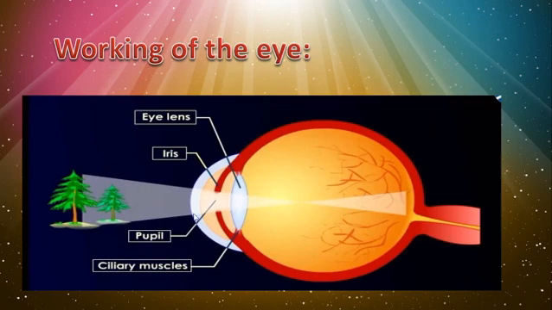So the light rays from the objects, you see the tree diagram, are converged with the help of this convex lens and form a real and inverted image. So the image we get will be real and inverted. Then the retina passes the received real and inverted image to the brain through optical nerves. Finally the brain sends it as an erect image. Here erect means it is a direct image.